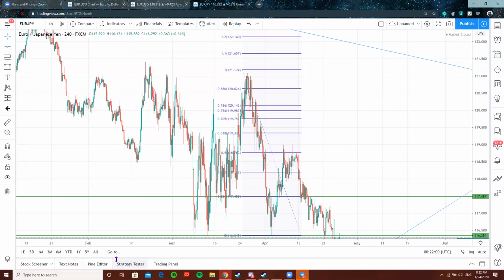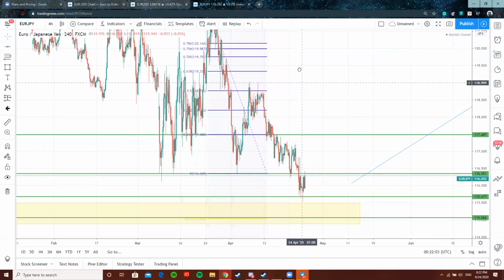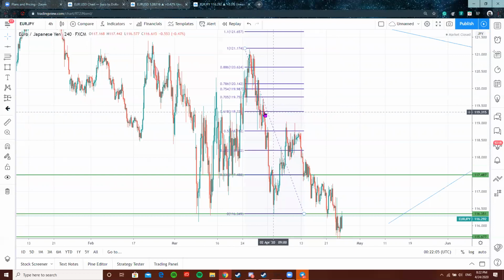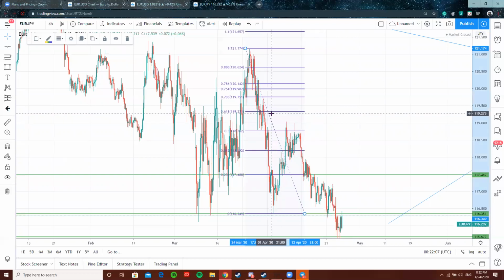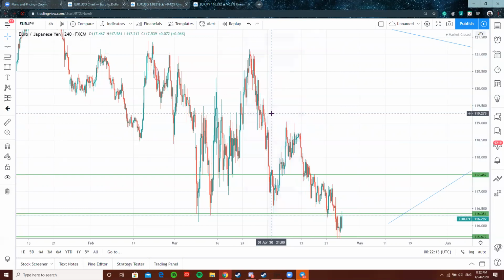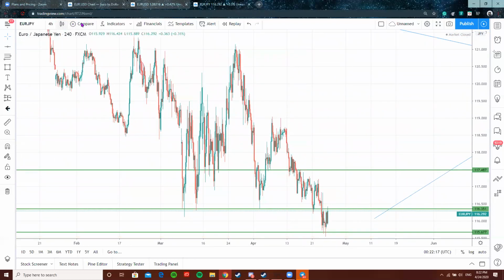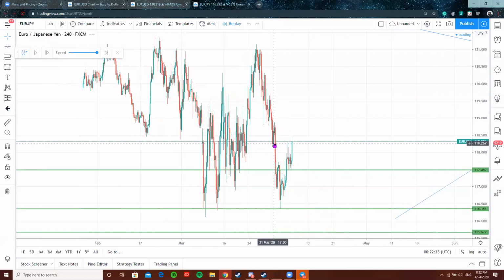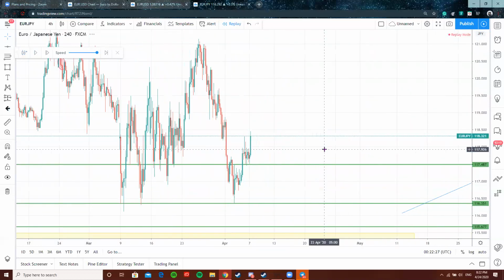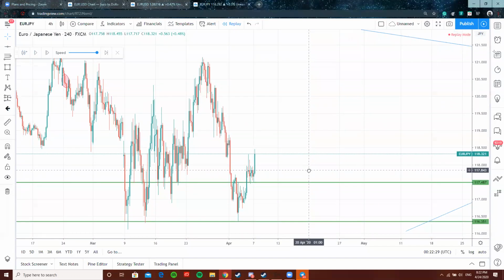When it comes to using Fibonacci, you have to realize that sometimes you're going to be looking at different places where you might not have looked in the past, right? So, for example, let's look at the 4-hour. Let's replay this, and let's put it right here. How would you place your fibs here?